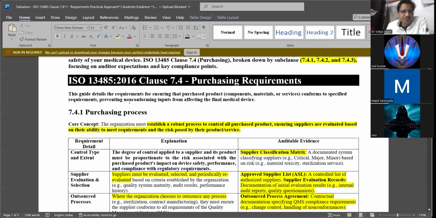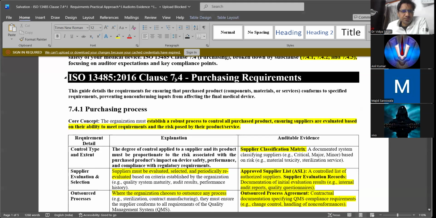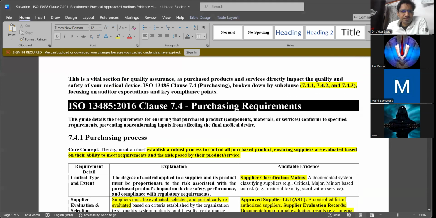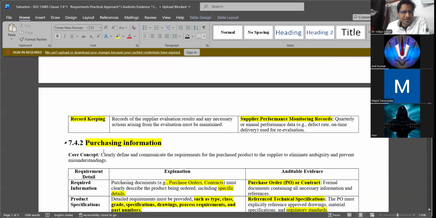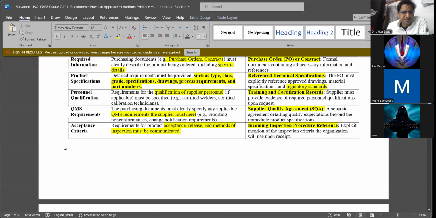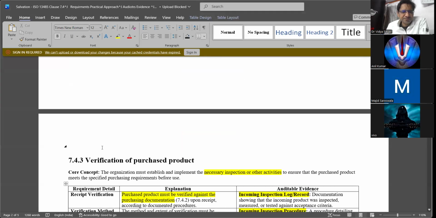If we look into clause 7.4, again it's subdivided into purchasing process, purchasing information, and verification of the product.